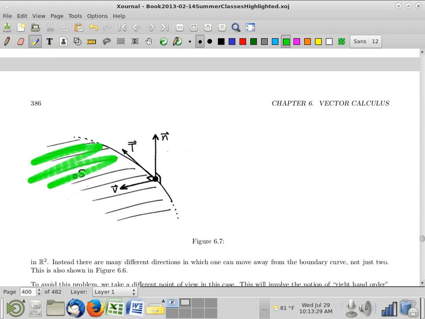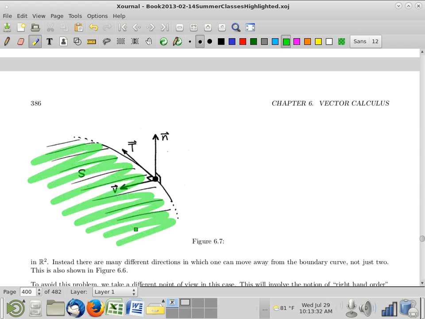So your surface itself. Keep in mind, I need to know what the orientation is on that surface. That surface is going to come with itself an orientation in the form of a normal vector. So what you're going to do is take that normal vector, move it out to the outside like that. Right? And then you're going to ask a question very much like the question that we did for